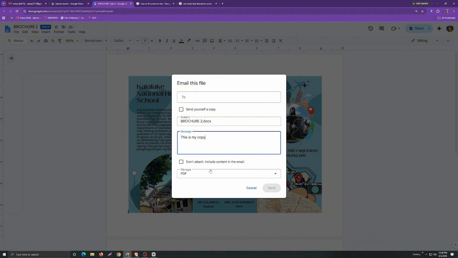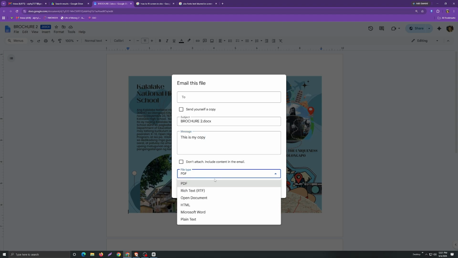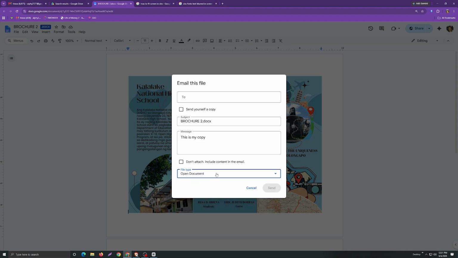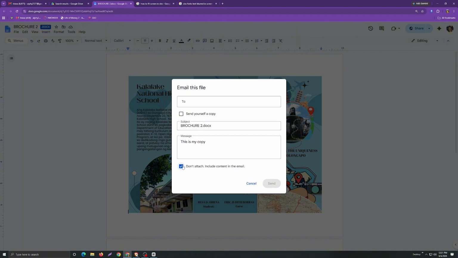In the bottom left corner of the dialog box, there's a drop-down menu that lets you select the format of your attachment. You have options such as PDF or Word document. If you suspect that the recipient may encounter issues with certain file types, there's also a convenient option to tick the Don't Attach box. By doing this, the document will be included directly in the email body itself, which can be particularly helpful if you want to ensure the content is seen without any extra steps like opening or downloading